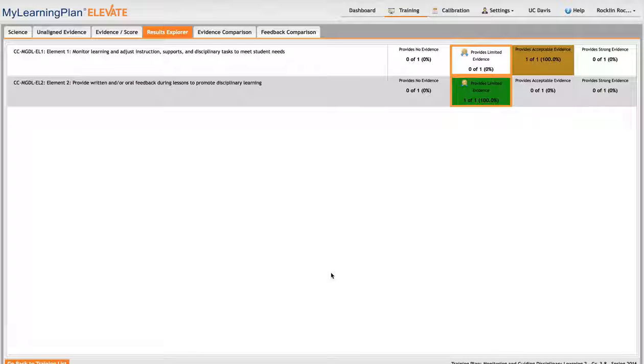and now I'm brought into a place where I can compare what I've gathered and the levels that I've assigned to that of the experts. What I can see is that for element 1, I selected provides acceptable evidence, and the master scorer, the team of experts, always with the ribbon, selected provides limited evidence. In element 2, I was exactly in line with the master coder, where we both selected